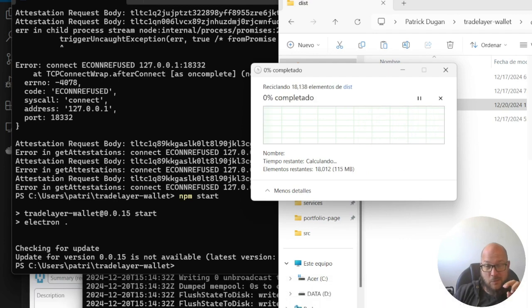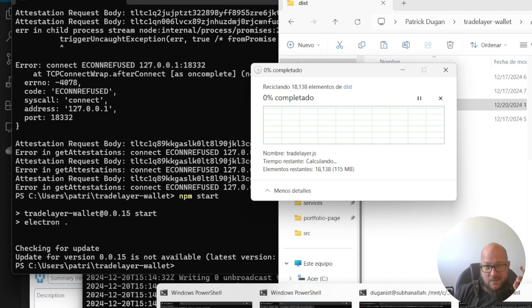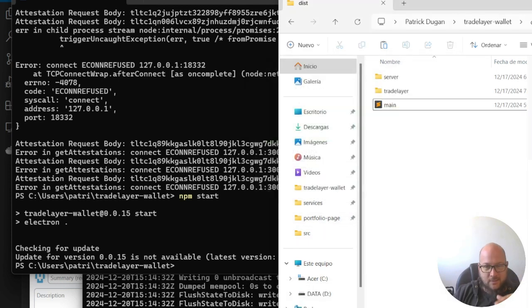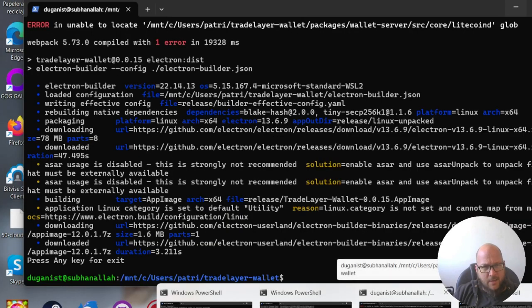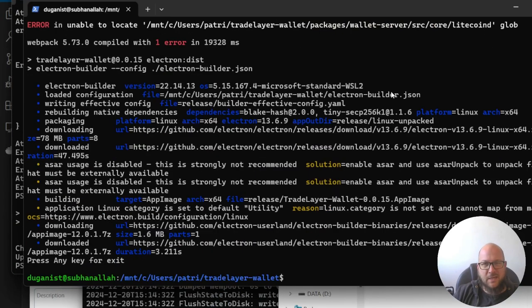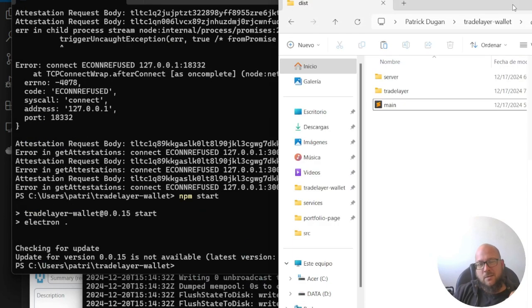And okay, so copy this thing over, run the Windows script, give it a little test drive, get the Litecoin D for Linux in dist folder, or is that core? I got the error in core in the server side. Okay, and then I can in WSL package the Linux